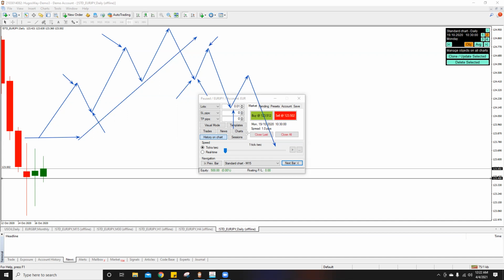So you want to make sure that you're following the market structure, you're following what the higher time frames are telling you. And so in this case, clearly there's a support that's being made and price is trying to continue bullish. We are breaking above kind of this minor resistance that's being formed here. So as price continues bullish, I know that I'm going to be looking for this 123,500 area to be broken and then retested